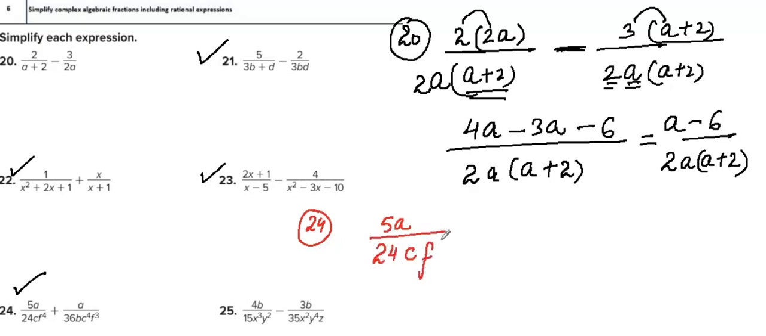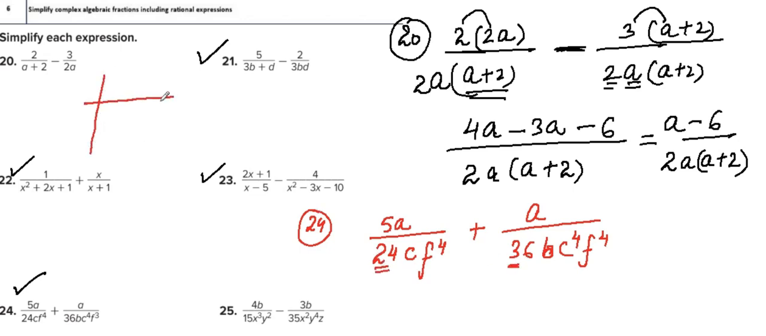The expression is cf power 4 plus a power a divided by 36 b c power 4 and f power 4. So firstly we have to make the denominators the same, 24 and 36. So you can make the LCM of 24 and 36. So firstly find out the LCM of 24 and 36. How are we going to find it? So you can multiply here 24